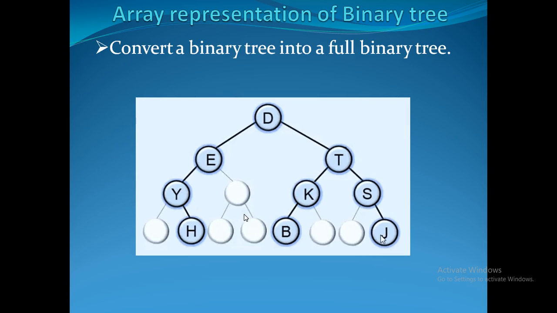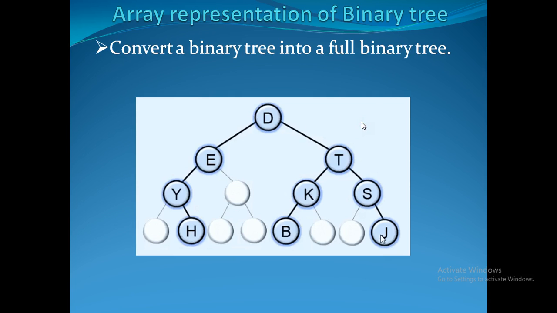So we convert the binary tree into a full binary tree like this. We are just mentioning it like this. So we are assuming that it has one right child, because all the leaves should be in the last level. That is very important. All the leaves should be in the last level, then only it can be considered as a full binary tree. In this case, all the empty spaces are filled with dummy nodes. So this is for representing this one in the form of an array. It's an important concept, and